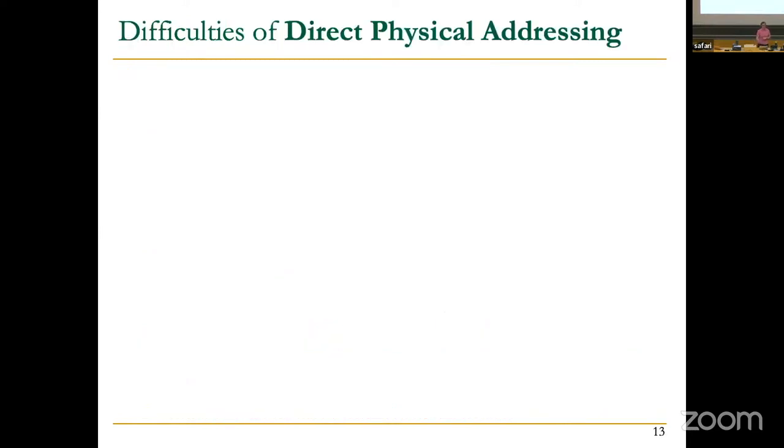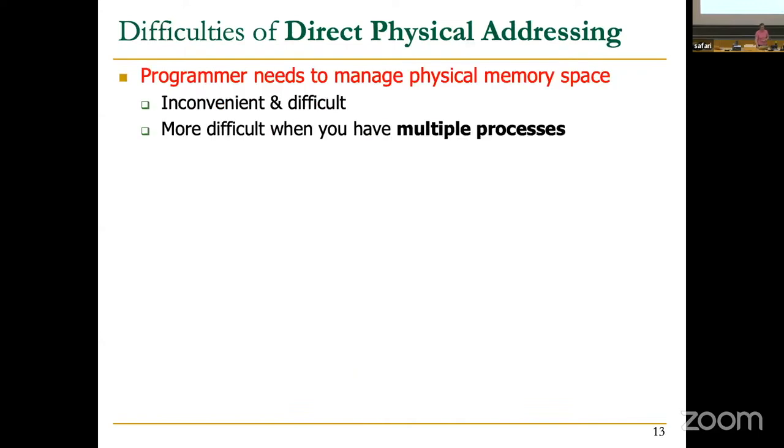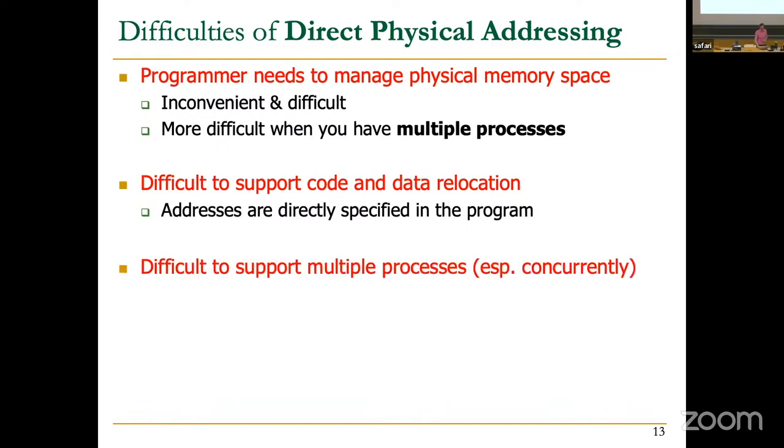So the difficulties of direct physical addressing are a lot. Essentially, the programmer needs to manage the physical memory space. This is inconvenient and difficult, clearly. It used to be this way. People used to manage their physical memory actually in the 1950s, 60s. Good that you're not in those times, let's say. It's more difficult when you have multiple processes. It's difficult to support code and data relocation because addresses are directly specified in the program, right? You cannot relocate the data easily, or you cannot relocate the data essentially if you don't have some indirection or